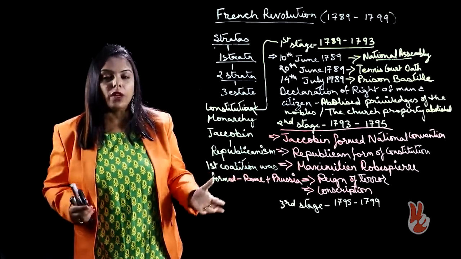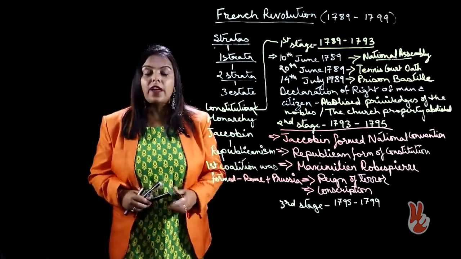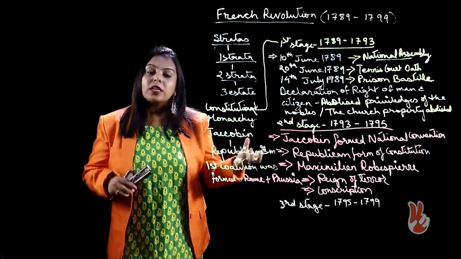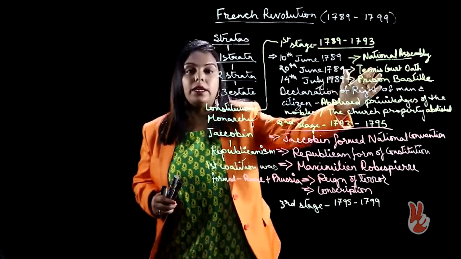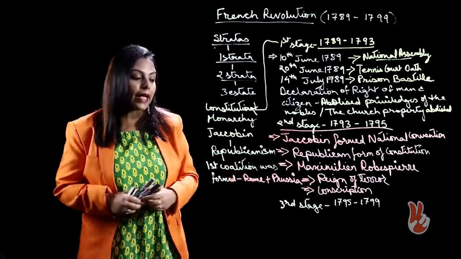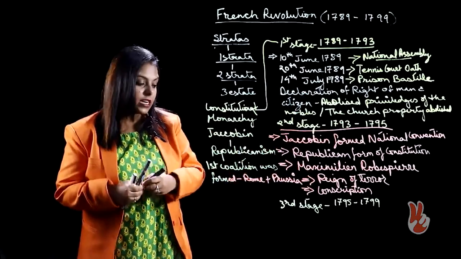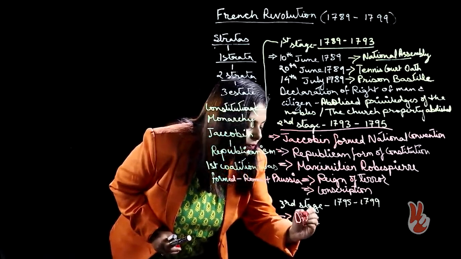front of the crowd. Now, what happened after the death of Robespierre in 1795? The power went back into the hands of the bourgeois class of France, who had formed the earlier National Assembly. Now, these people came back and they formed another government, or another administrative power, which was known as the Directorate.